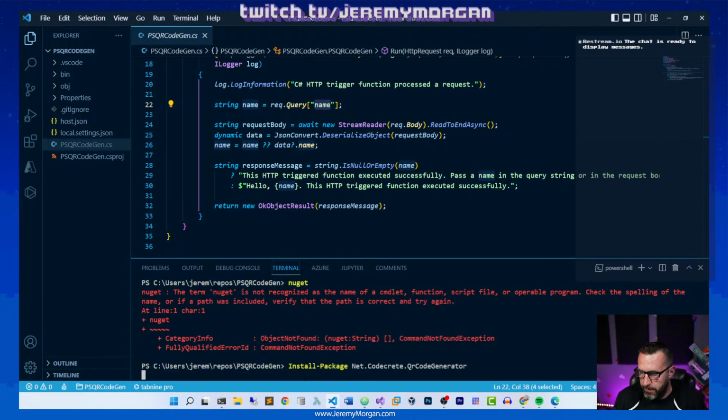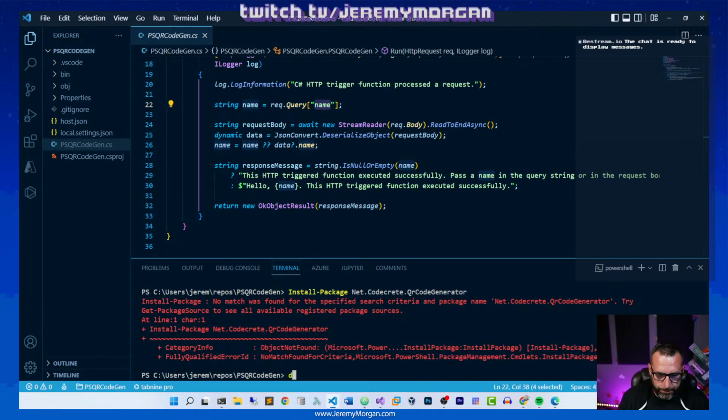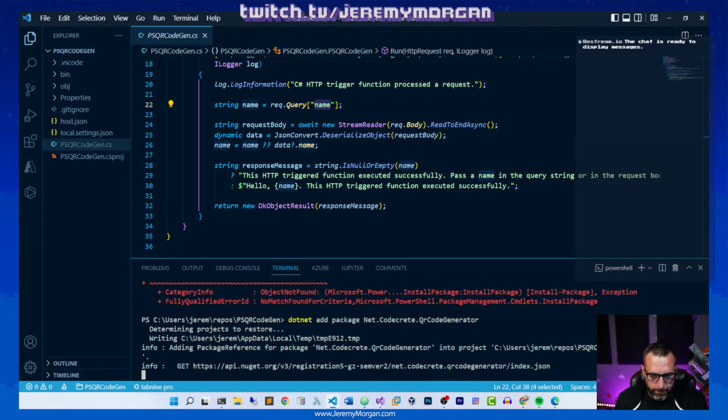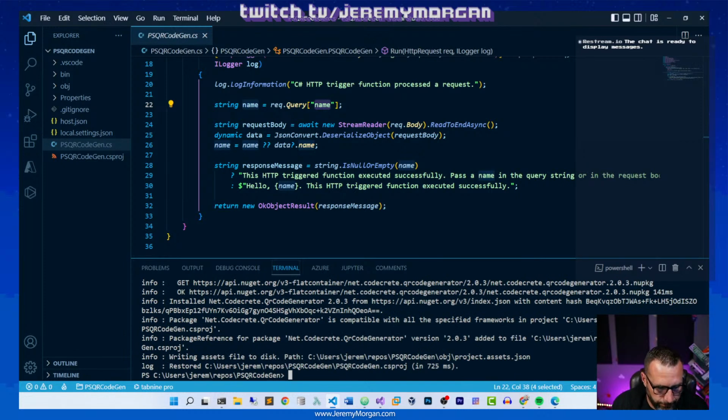So I think we can do this with .NET. We'll say .NET add package, and this is QRCoder, the QR code generator. There we go. It looks like that one installed properly. So good. Fantastic. We also need to add another package